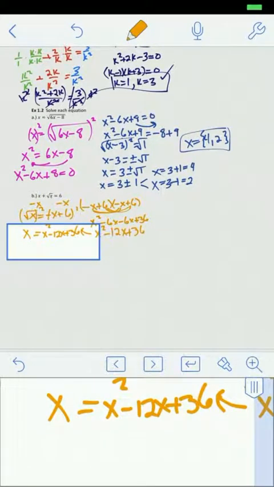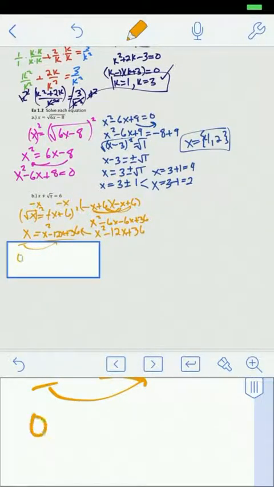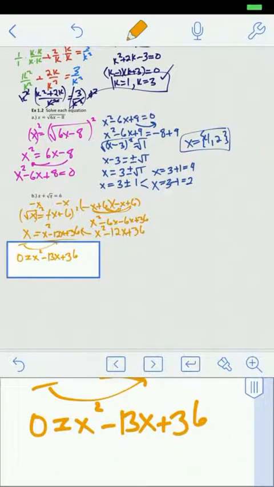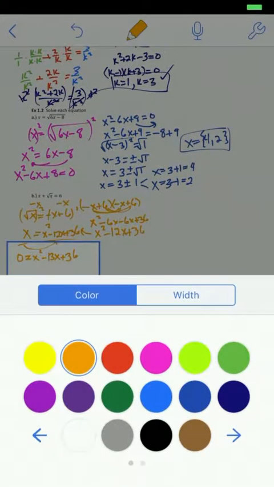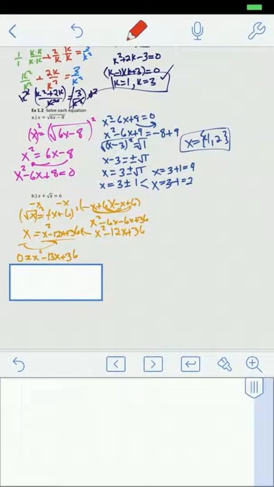Okay, this would be awesome. It looks very quadratic, except we still have this x over here, so let's take care of that. I get 0 is equal to x squared minus, so if I take away 1, that's going to be negative 13 plus 36. Again, I can solve this using factoring. I can solve it using complete the square, but for you quadratic formula lovers out there, I will use quadratic formula. X is equal to